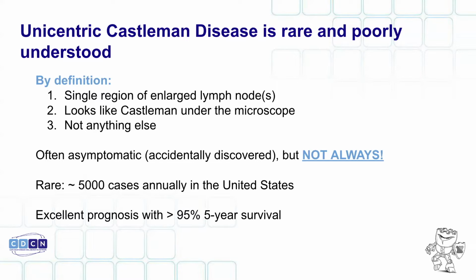And then, number 3. It's also not anything else that we can find that's usually more common. It's not an infection. It's not an autoimmune disease. It's not a cancer, because sometimes you can have even Castleman lymph nodes with these other conditions, where it's the other condition that's really just causing a big lymph node that just happens to look a little bit like Castleman disease. Most unicentric Castleman disease patients are asymptomatic, and I presume that means nothing to anyone in this room, but